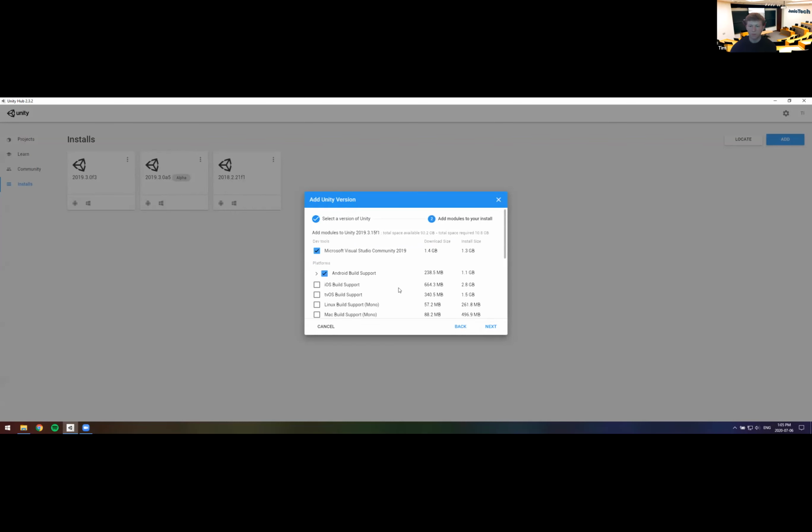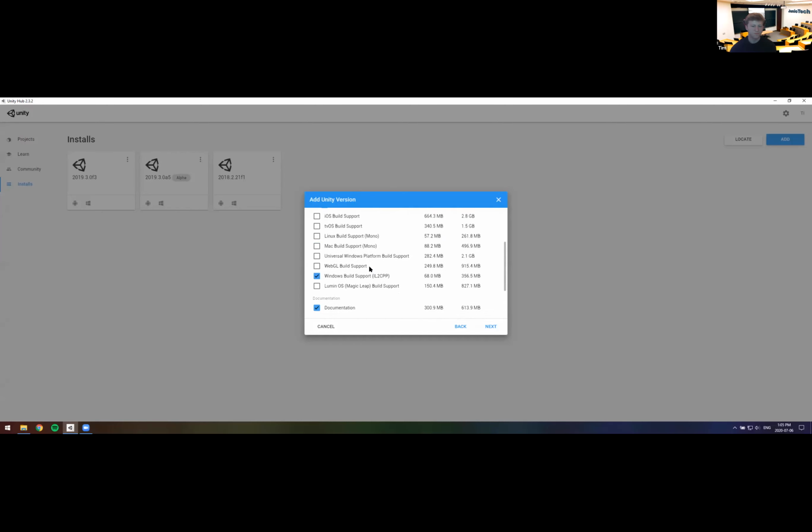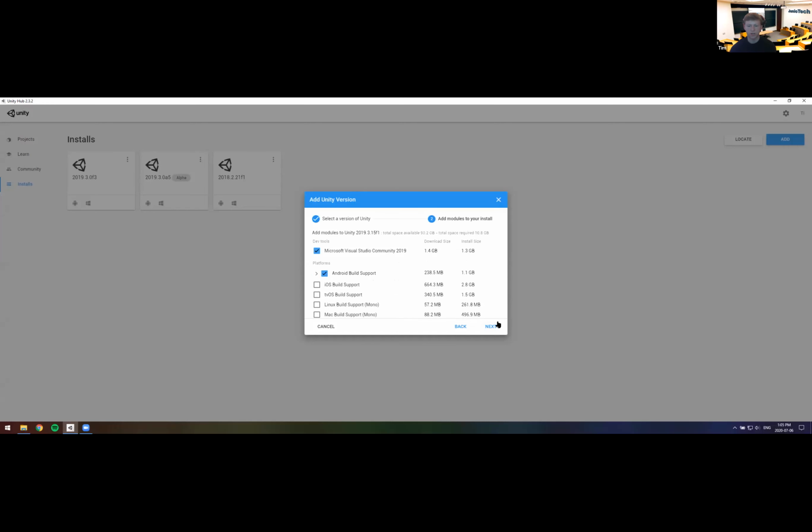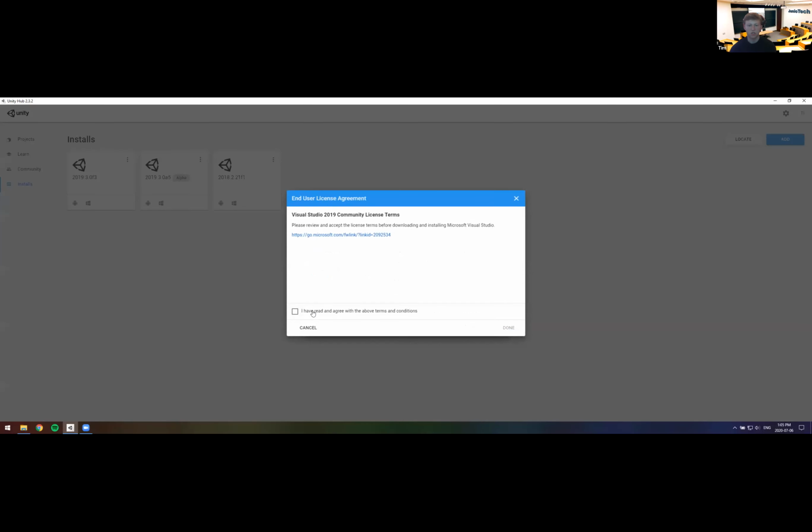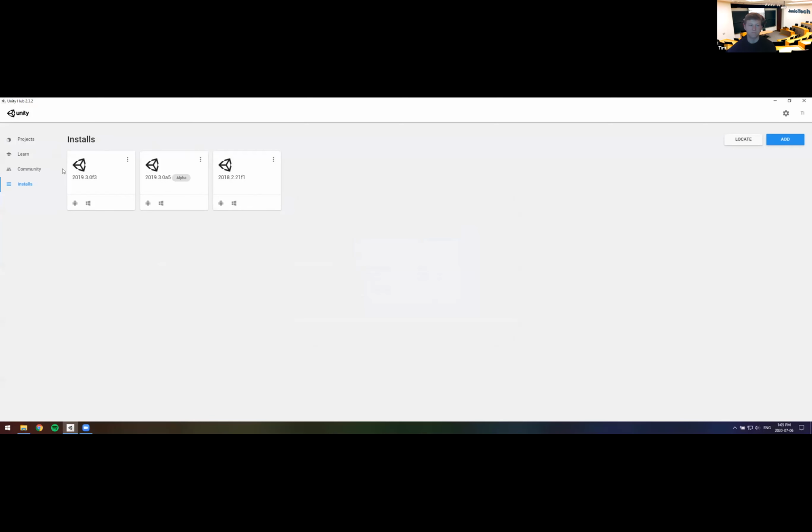And then here for the options and modules that you want to install, the only important part is you need to have this part that says Microsoft Visual Studio Community 2019. All right, this is what we're gonna be using to actually program for Unity. Without it, it might be a little bit tricky. Everything else you can just leave as default, but just make sure this one's checked. And then you can click next, and you can click I agree, done, and it should start installing over here